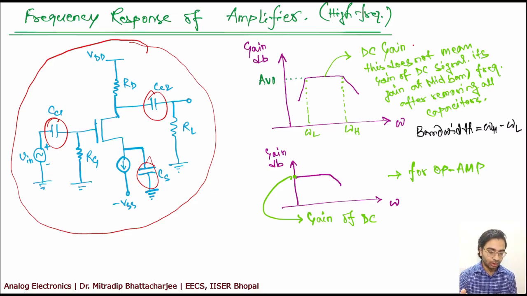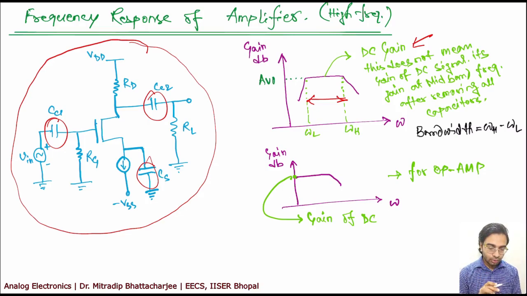For example, one terminology is DC gain. If you look at the gain versus frequency response, which is typically like this, as I have shown in my previous slides, we call this part the mid-band frequency range, which also defines the bandwidth of the circuit. Whatever the gain during this mid-band frequency, we call it the DC gain, and term it as AV0, or somebody may term it as AV-0.